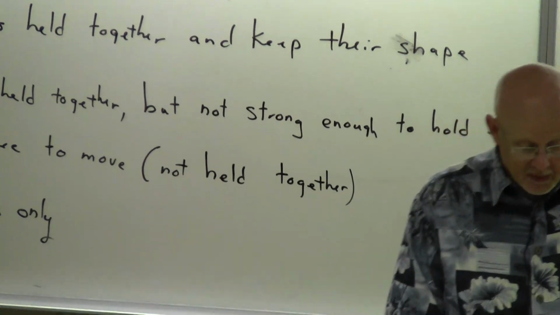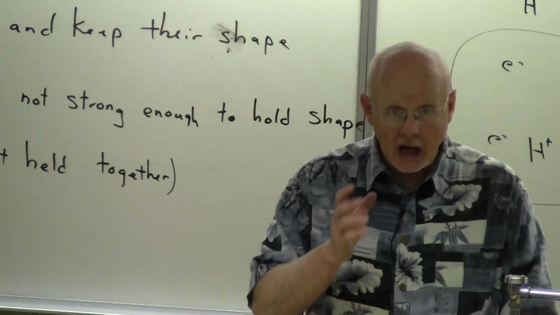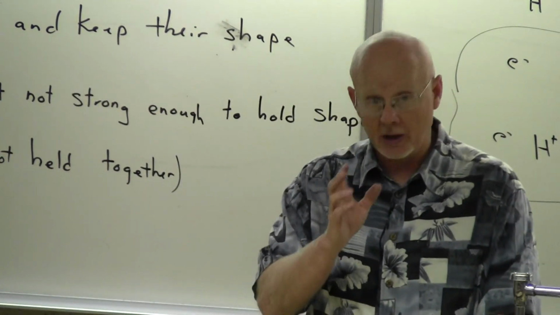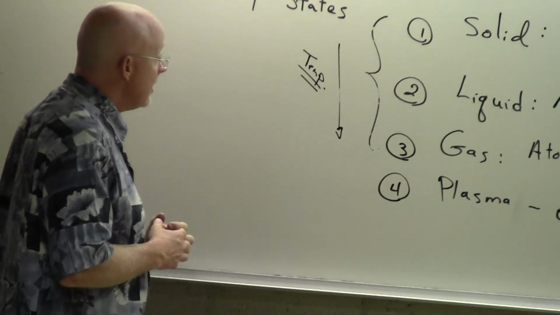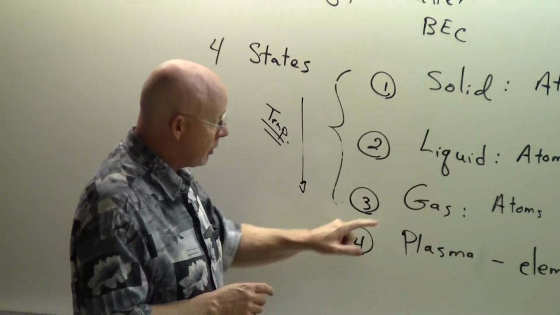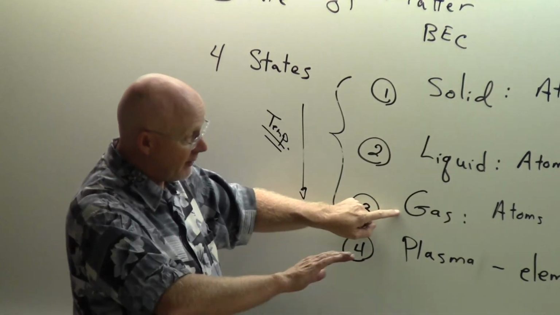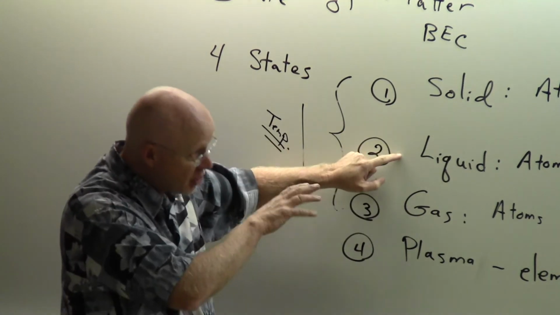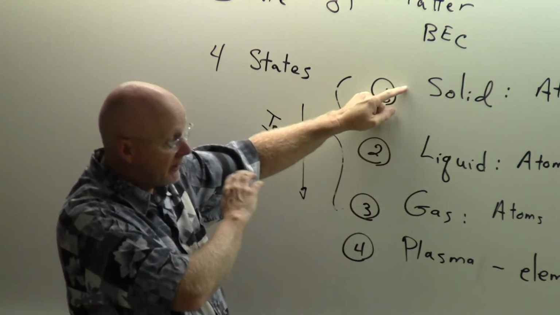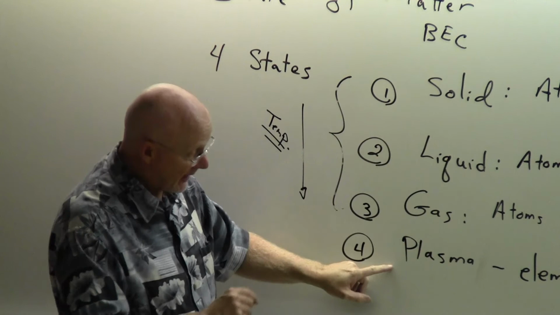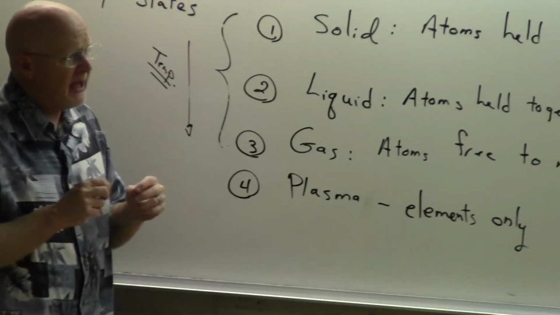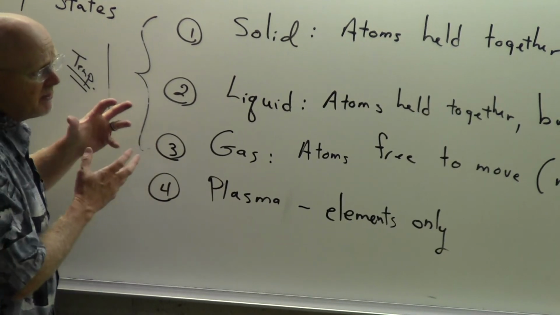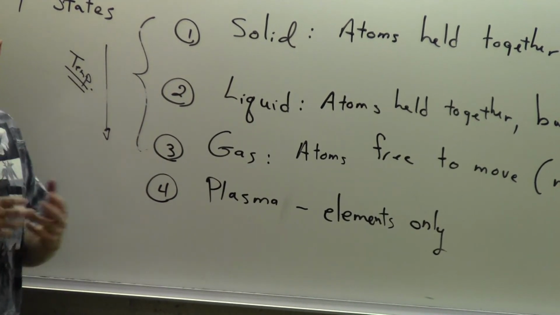Well, it is a good place to stop, but I'll just say here as we come to our stopping point that this is what this chapter 12 is all about. If the molecules are not held together and can freely move, or here they're just partially held together, or here they're completely held together, and even in plasma they're not held together but they're charged, then what would their behavior be? How would these things behave? And so that's what we're about to do.